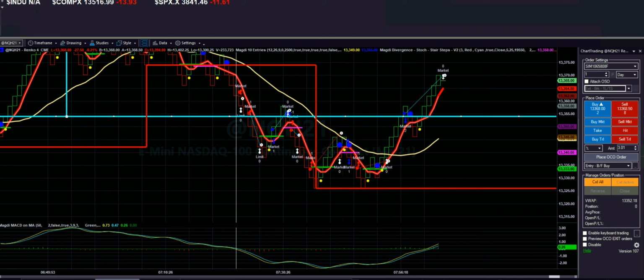It may go down a little bit, then when moving average 5 crosses the support to resistance line,